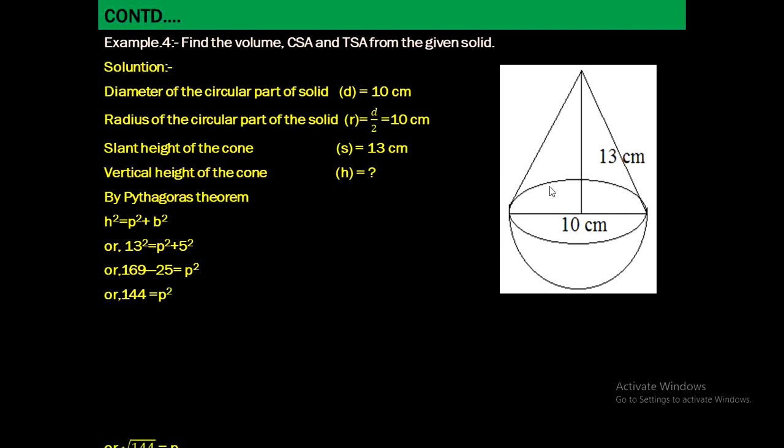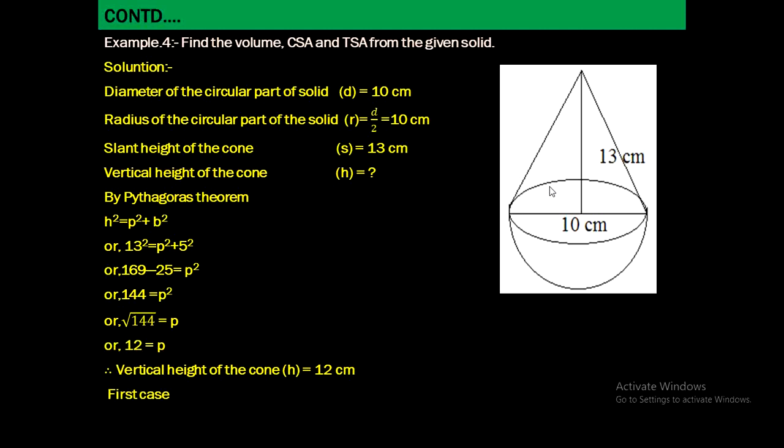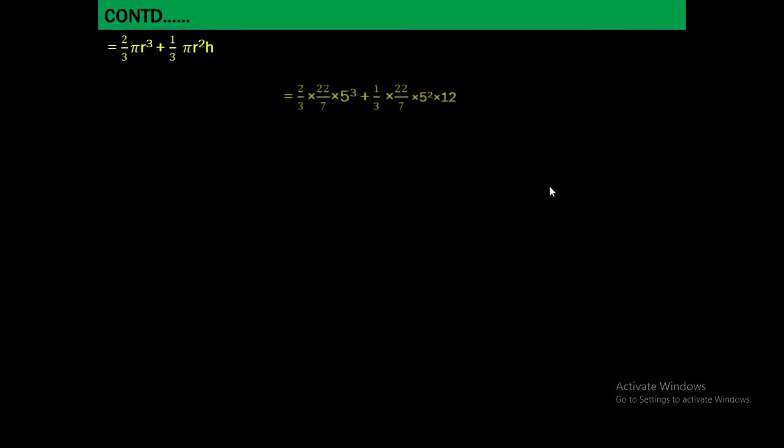So 144 equals to p square, that is p equals to 12 cm. Now first case, volume of the solid equals to volume of the cone plus volume of semi-sphere or hemisphere. Now use formula and substitute value of all constants. We got